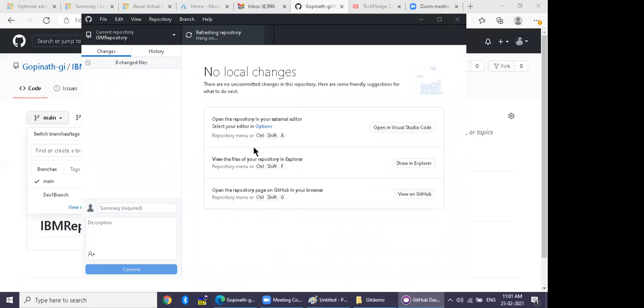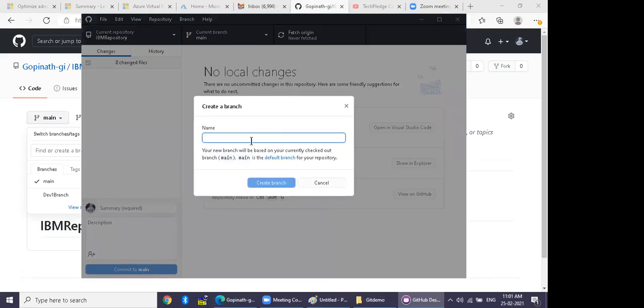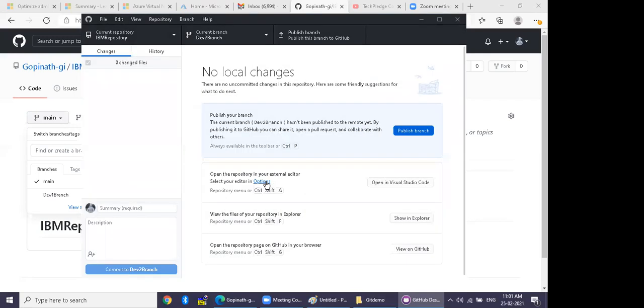Good. Again, create a dev two branch now. Developer two will also create his branch. Go to Current branch. So like that, every developer will create their own branch, right?